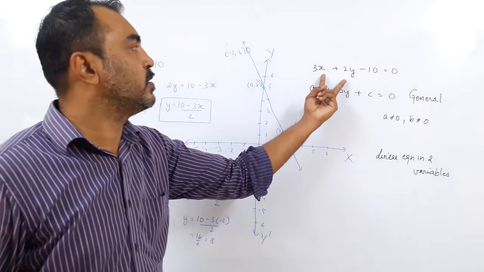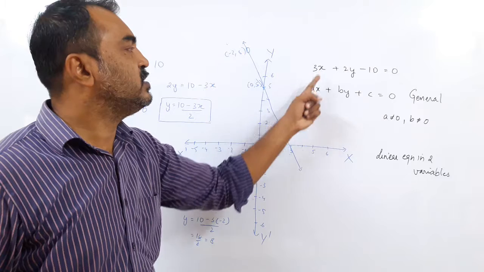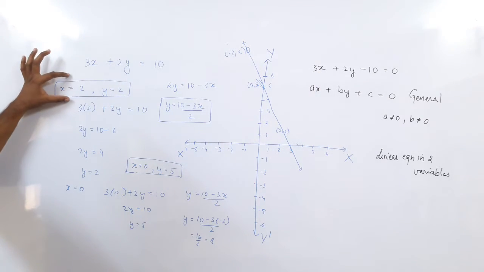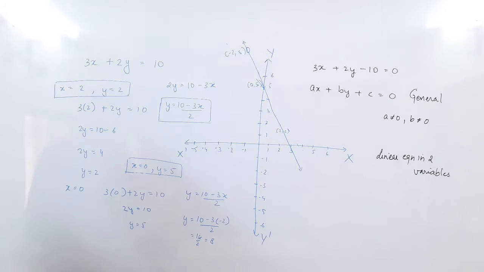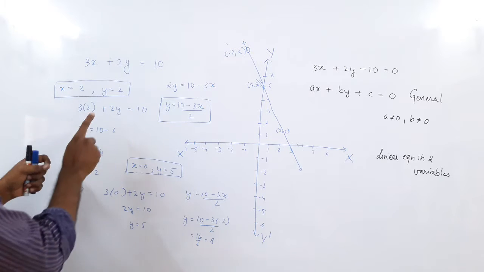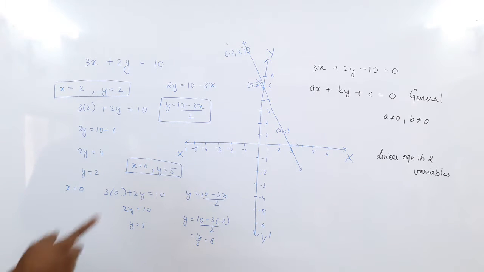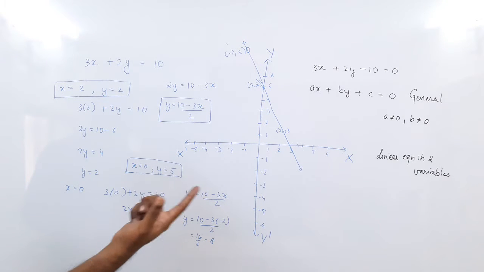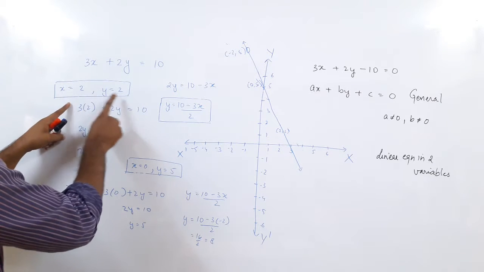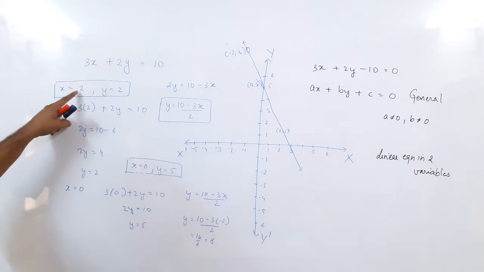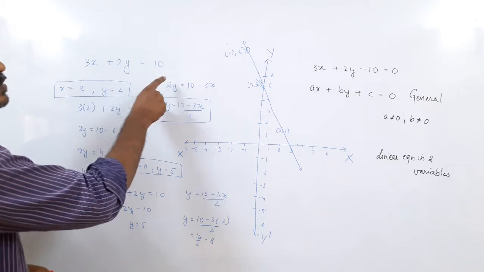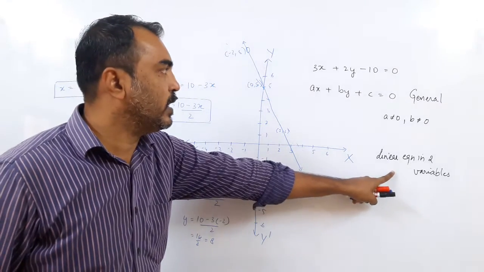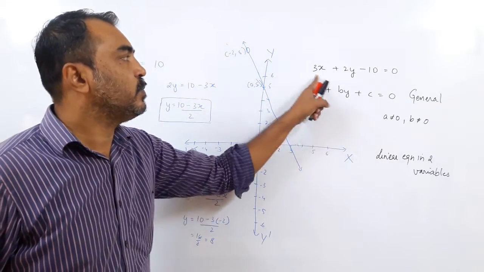Here we have two variables. Now what happens? When we change one value, x becomes 2 or 0 or minus 2, correspondingly the value of y also changes. So when the value of x changes, you can see here x and y are not independent. In our polynomials, x was independent. You could take any value of x and get a corresponding value of y. In this equation, x and y are not independent. When you change the value of x, automatically you get a value of y, which is related by this equation. So this is a linear equation in two variables, but both these variables are related by this relationship.